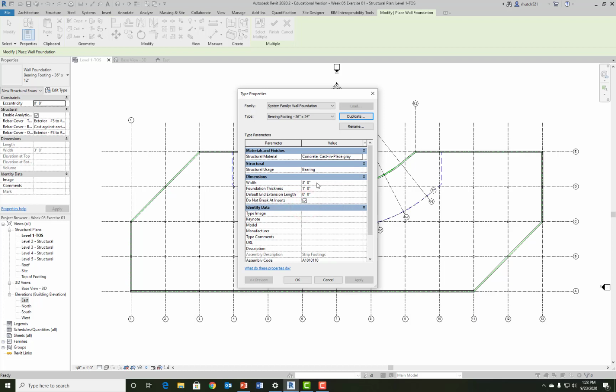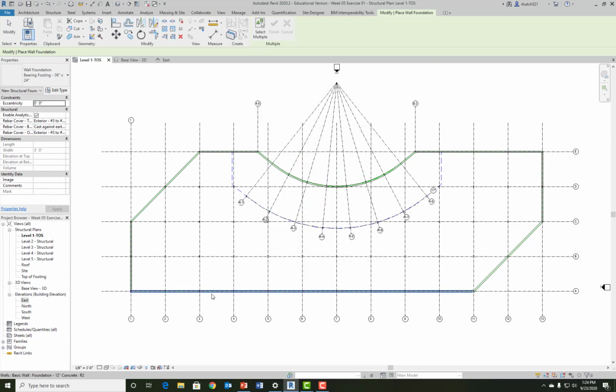And now I can change up this information. So I'm going to make this 36 by 2 right here, and I don't have to adjust the extension length, but now I'm just changing the thing, so it's going to be 3 feet wide, 2 feet thick, and I'm going to put that in as my footing. So if I come over here and hit OK,